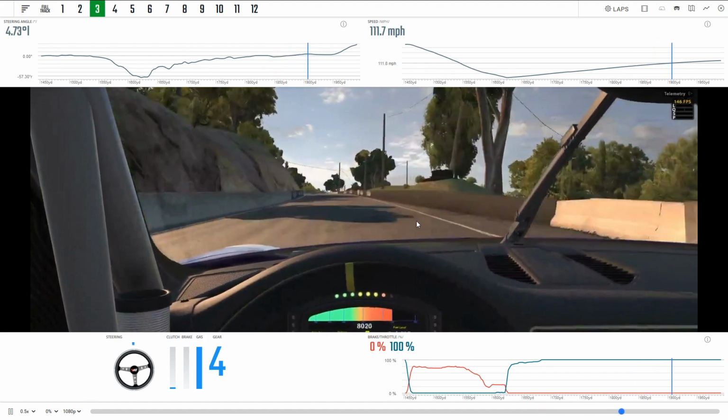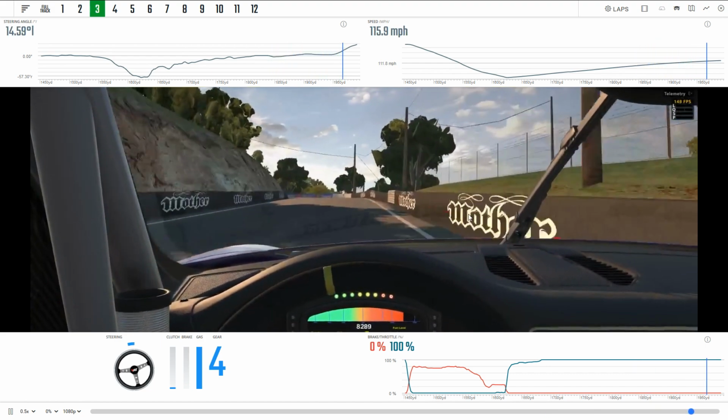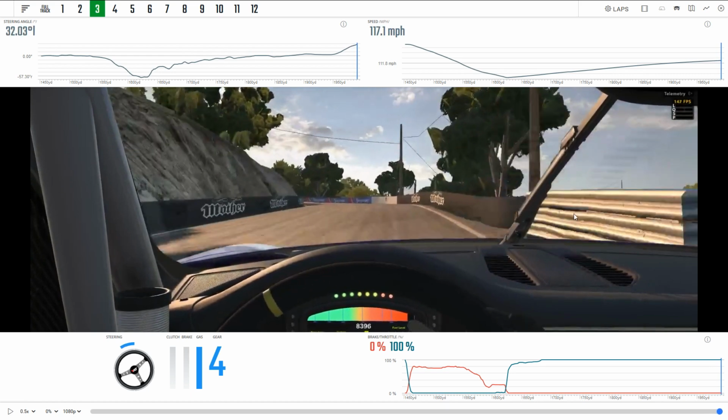and bring the car over to the right hand side again, nice and close to this wall. You want to start turning in just before this sector ends. You can see here in the steering trace that Rens just starts to turn in just before the Armco on the right hand side. We'll go to sector 4,